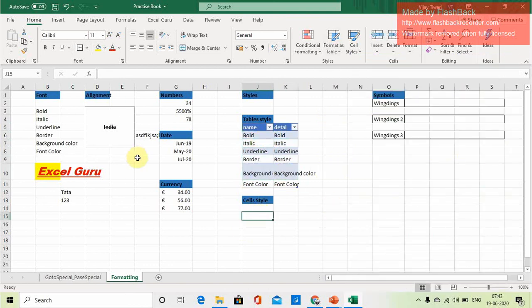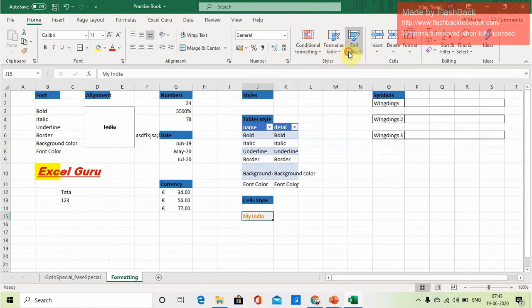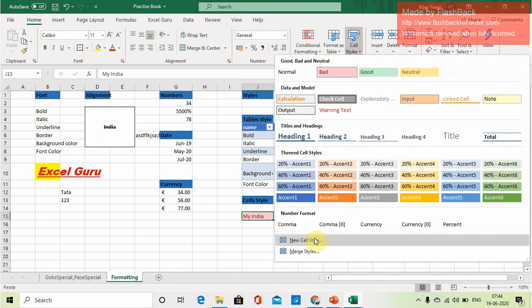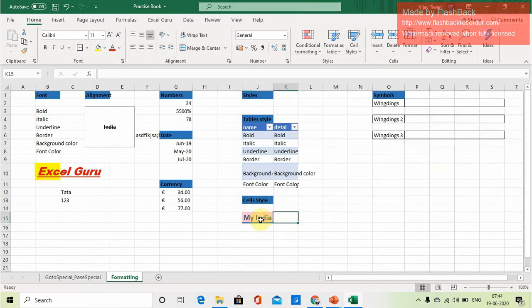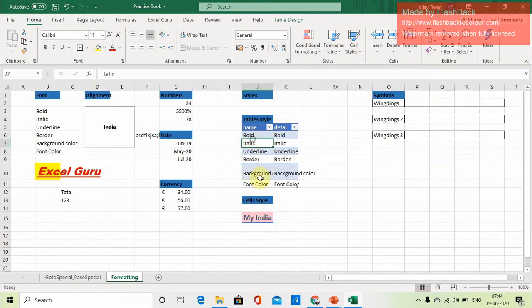Now come to the cell value. Let's say some value has been written in here, and if you want to change the cell value, then come to cell styles. You can take any of these. You can, like, see, take this, or if you want something bold like this, you can change, or like this. New cell styles are also available. So if you want to give some heading kind of, you can give this. So this cell value, you can change as per your requirement. So this is about formatting your table and cells.